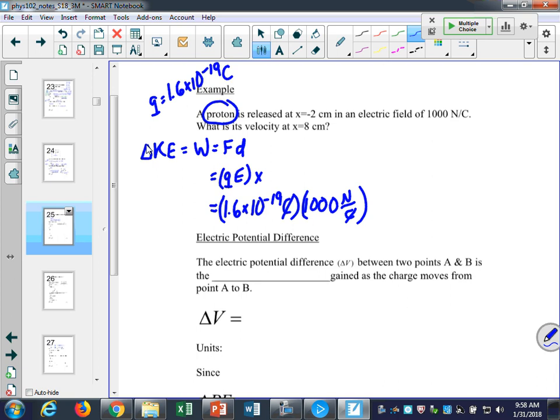And then my distance, well, I'm going from -2 centimeters to 8 centimeters. Oh, gosh, what is it? Is that 6 centimeters? What is that distance? It's not 6. 8 minus 2 is 6. What is it? It's 10, right. So it's 8 minus -2. Because I'm moving from -2, I go straight past 0 and then all the way to 8. So it gives me a total displacement of 10 centimeters, but we want to have that in SI units. Remember, I take my decimal place 2 places over, and so it's 0.1 meters. So times 0.1 meters, and that's equal to,